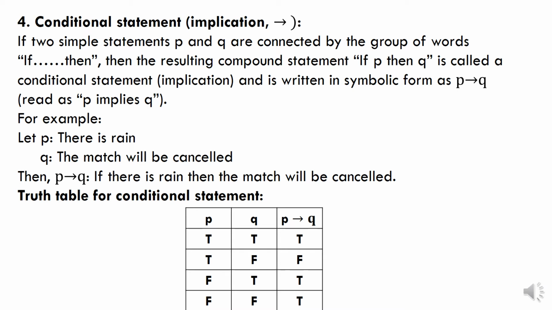Now as you can see, in the first three cases, the truth value of P implies Q depends upon the truth value of Q. If Q is true, then if P then Q is true. If Q is false, then if P then Q is false. Only in the last case, when both the statements are false, does the implication become true. Now what you can do is, you can form examples in your mind and understand the truth table properly.